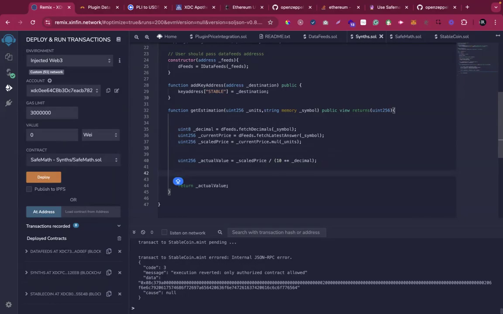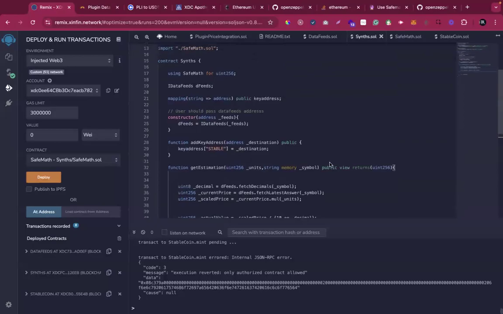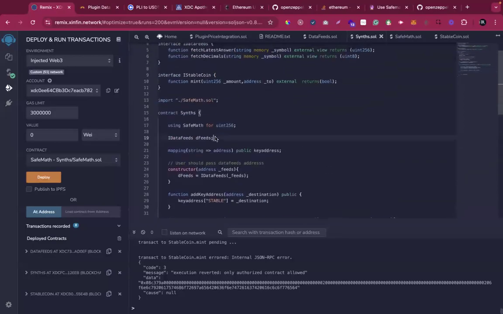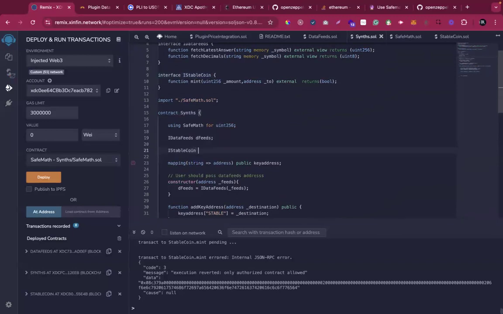So for which I'm going to say, hey, you need to mint. Let's do this here. Yeah, so I'm going to call this interface iStableCoin stable, right? Stable